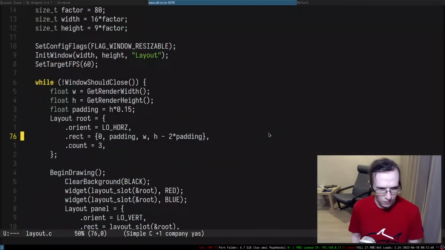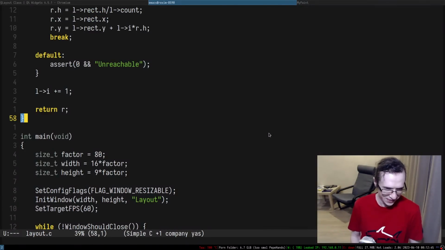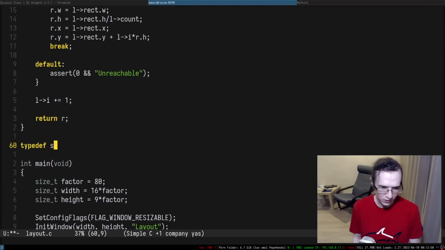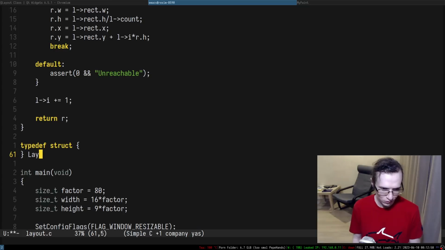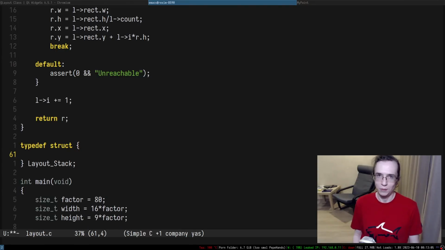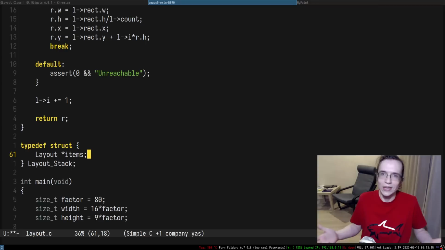So let's implement the stack. What I'm going to do is create literally a data structure, right? So it's going to be layout stack, and I'm not really sure how exactly to organize the stack, but let's assume that the whole stack is going to be a dynamic array. How do I design dynamic arrays? My dynamic arrays usually have 3 fields. The first field is items, which points at the beginning of the items in dynamic memory. So this is going to be basically the array of layouts.